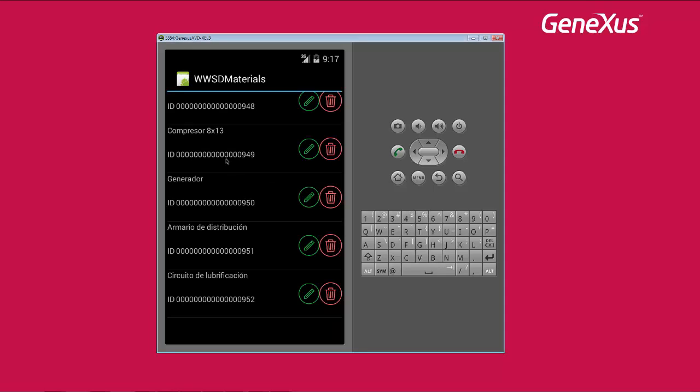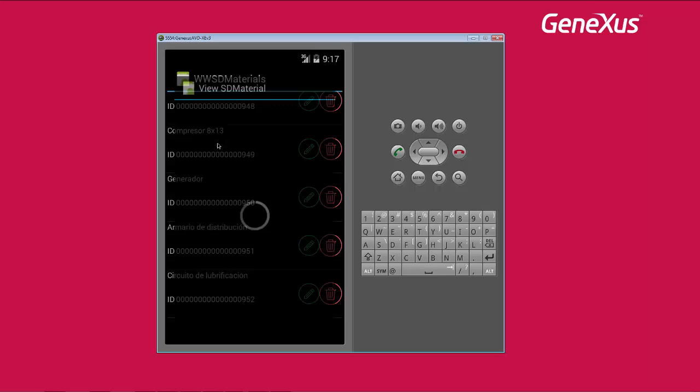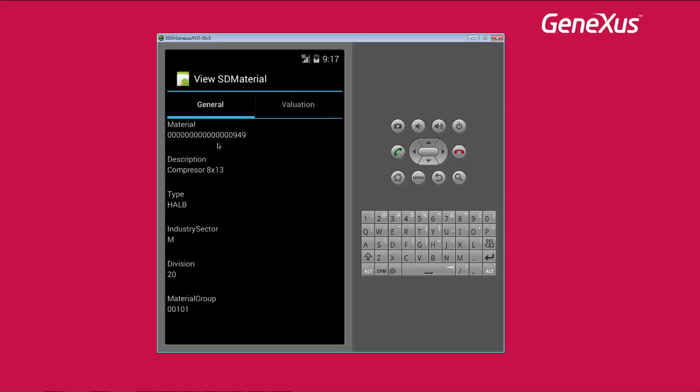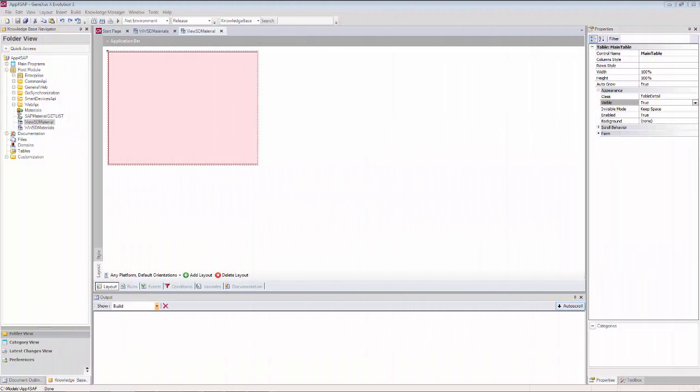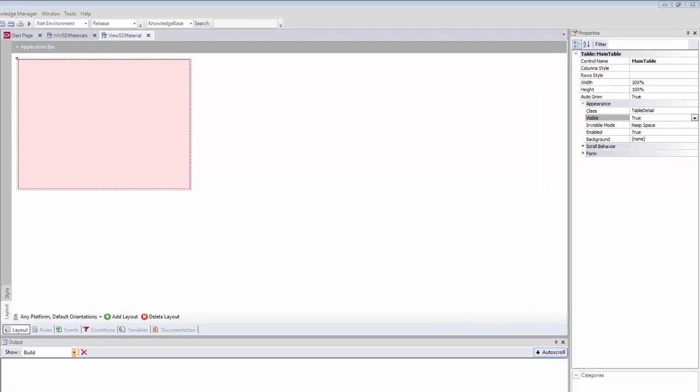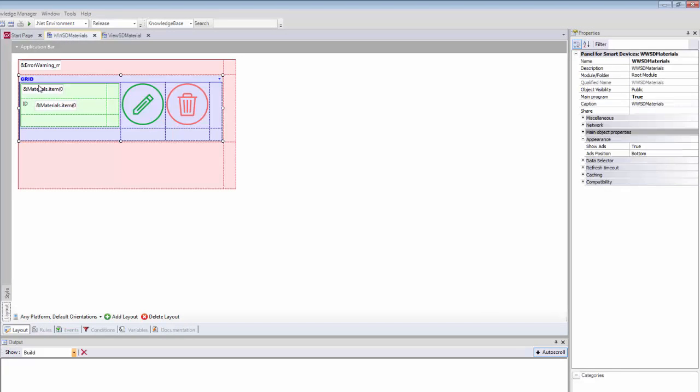If, when the user taps on a given material, we want a panel to be invoked to show the full data available for that material, we must first create the panel. Here we show it after creation, although it's empty. And then we indicate, at the level of the work widths grid,